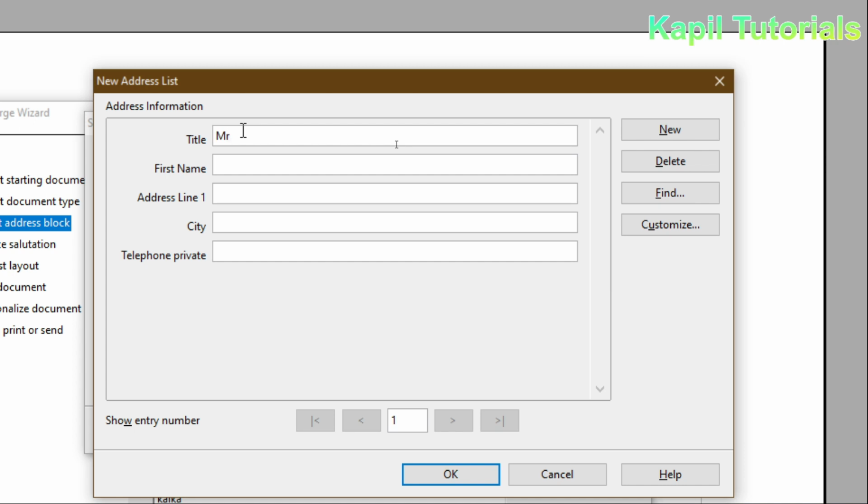First name suppose AAA, address I want to write here, and address line, city suppose Kalka, and telephone just any fictitious numbers. Then afterwards I want to add one new record, so I'll click upon new.